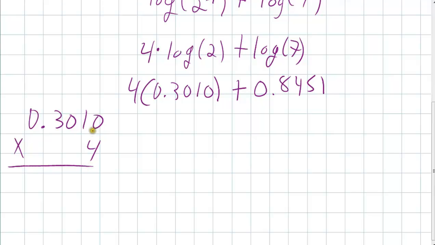So here we have 0 times 4. That's just 0. 4 times 1 is 4. 4 times 0 is 0. 4 times 3 is 12. And we're pretty much done, except that we have 4 numbers behind a decimal point. So we have to say 1, 2, 3, 4. Okay, so this is our answer for the first part,